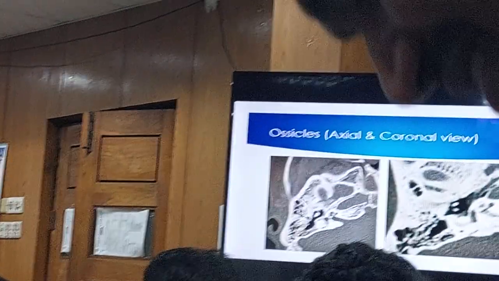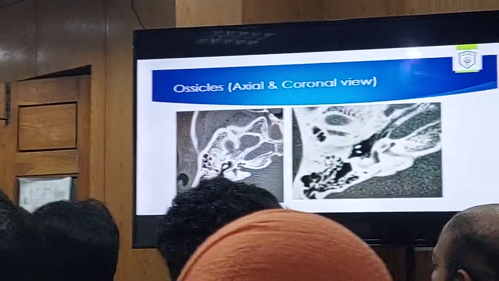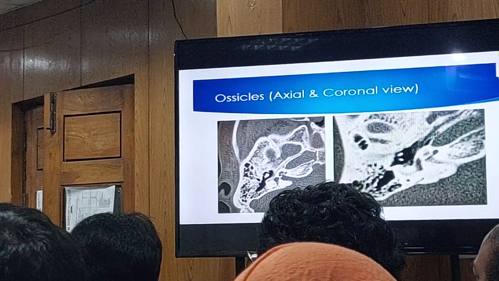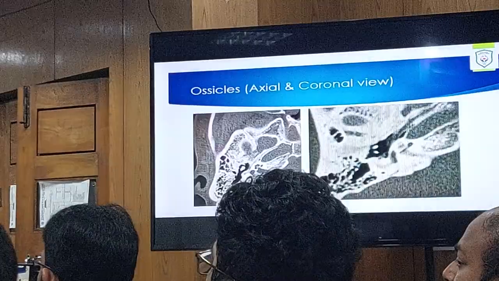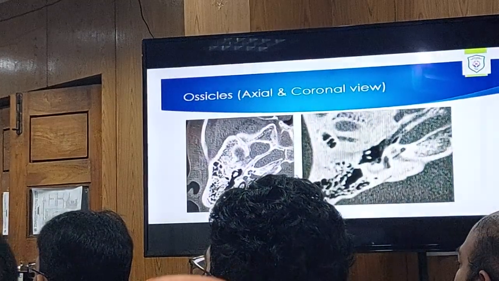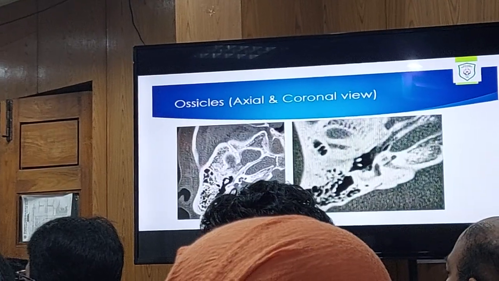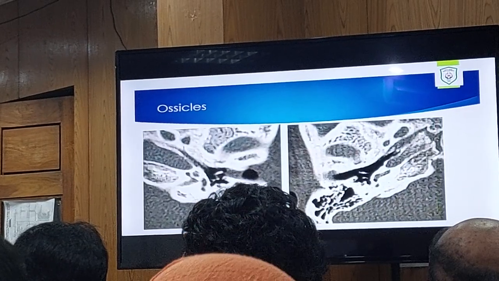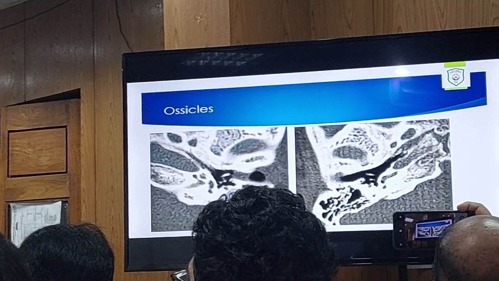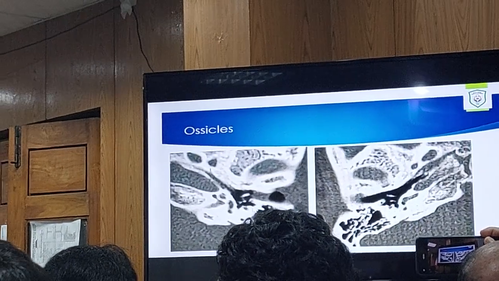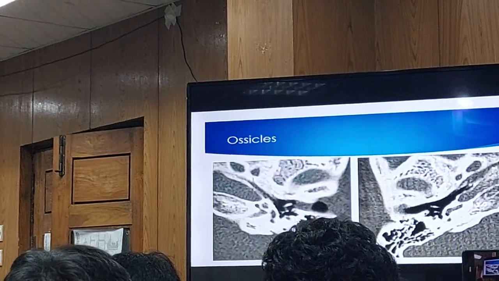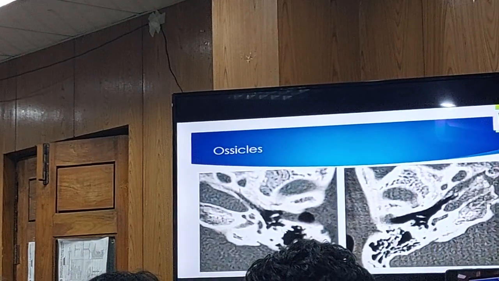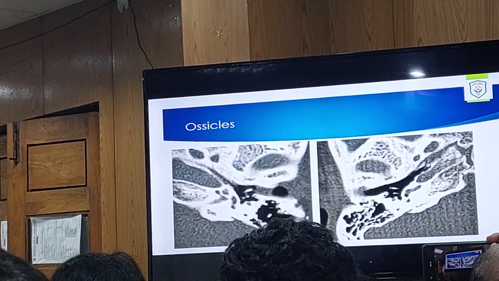Here you can see two dots. In this slice, you can see two dots and two parallel lines. The two dots are the neck of the malleus and the long process of the incus. When you see the two parallel lines, you will see the head of the stapes. This is the head of the stapes, and this is the mandibular process, and this is the long process of the incus. So in different positions, you can see three scenarios: one dot, two dots, and two parallel lines.